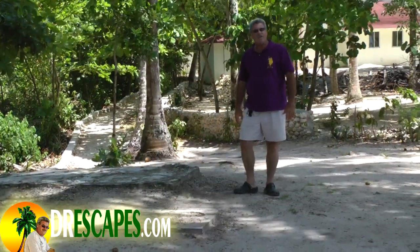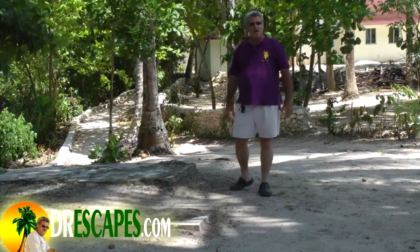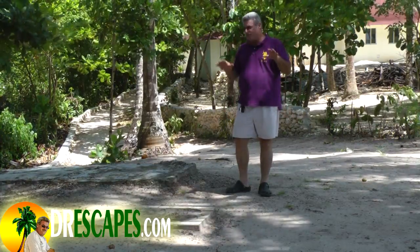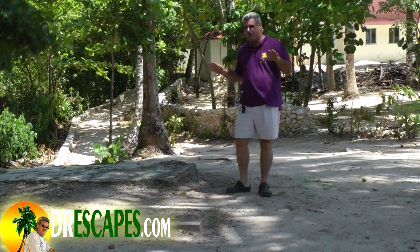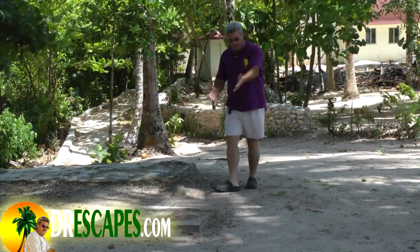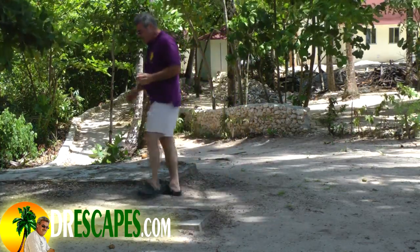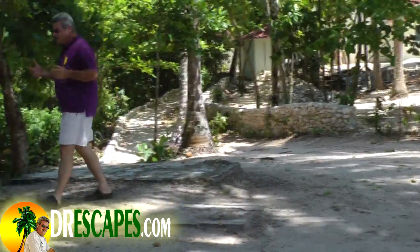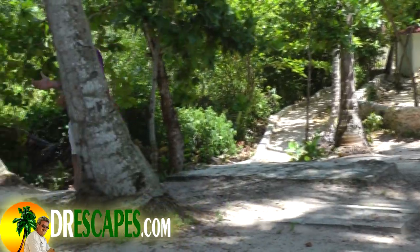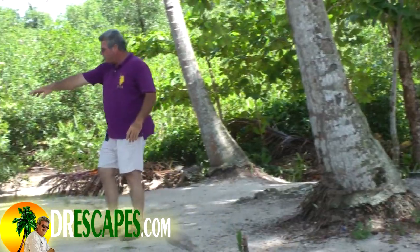Welcome to Graveyard Beach in Rio San Juan. Not many people know of this little hideaway, but it is a very, very, very old graveyard. As you can see, many of the stones are still visible, both partial and full. It is a beautiful beach on the far side, which we're going to show you, but you'll see many of the gravestones that